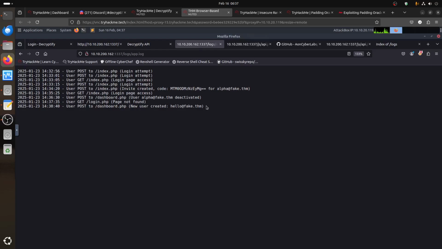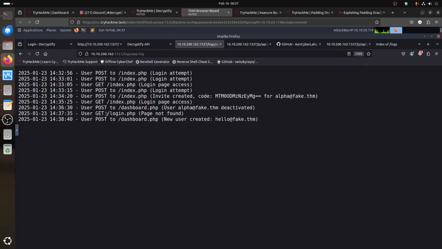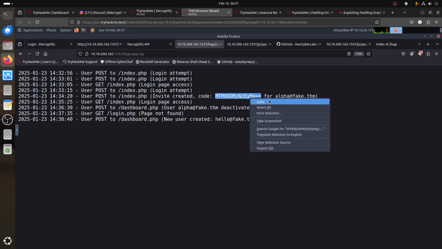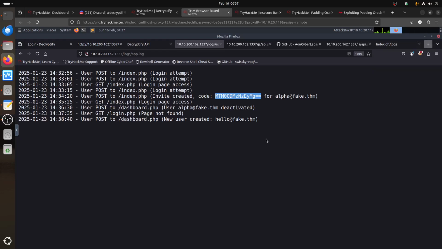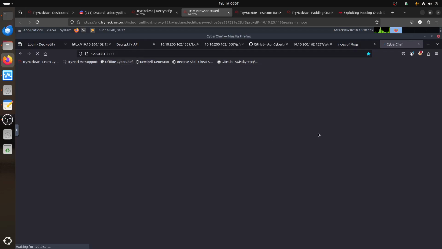The log gives me the email, so we can zoom in on this again. It tells me this, and the first thing that comes to your head is that it looks like base64 when you see the equals sign at the end. So you can go to my friend